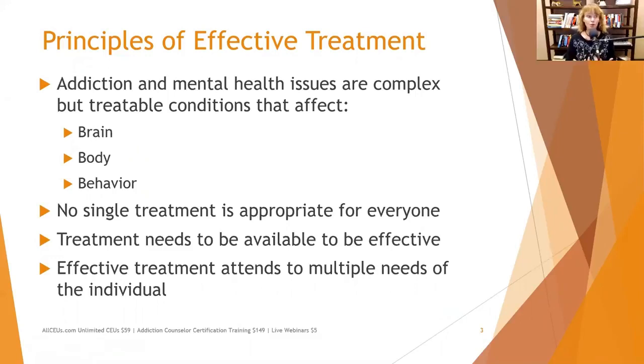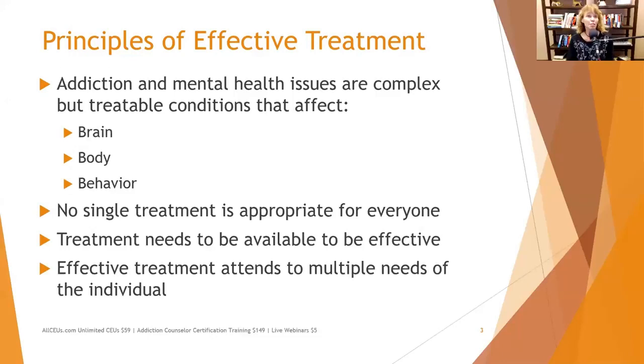So when people come into our clinic or facility, or whatever you call the place that you work, we can't necessarily assume that group 12-step treatment or individual humanistic counseling is going to work for them. We need to look and say, what does this person need? Now, individual humanistic may work in terms of addressing the cognitions and the mental health stuff, but they also may need some brain body stuff with either a psychiatrist or a physician, and maybe some social skills or something else. So we need to look at the comprehensive picture.